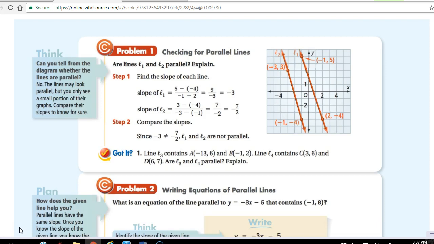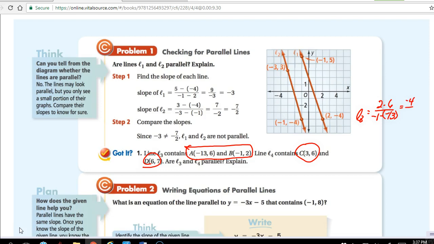It says line 3 contains these two points, and line 4 contains these 2 points. So again, if I take line 3, and I want to find the difference in the y's, that's going to be 2 minus 6 on top, over the difference in my x's, which is negative 1 minus negative 13. And it really doesn't matter which way you do these as long as you're consistent on the top and the bottom. 2 minus 6 is negative 4